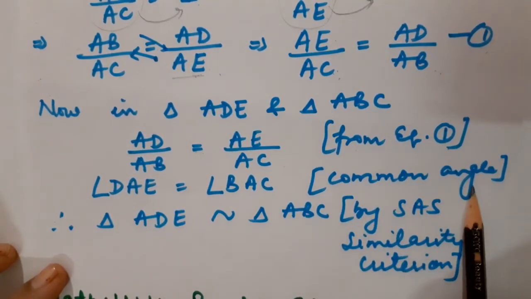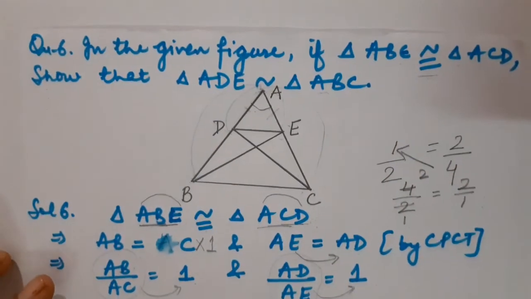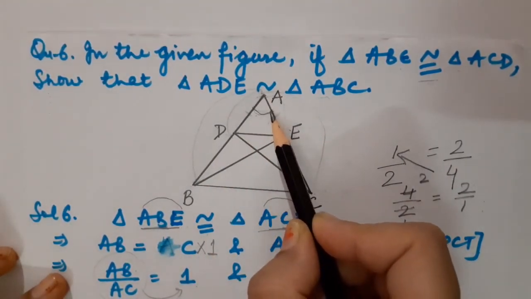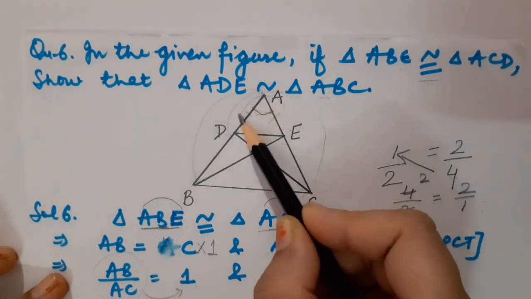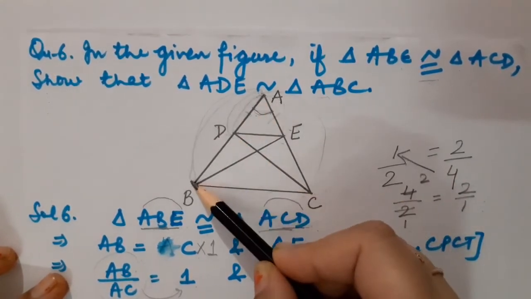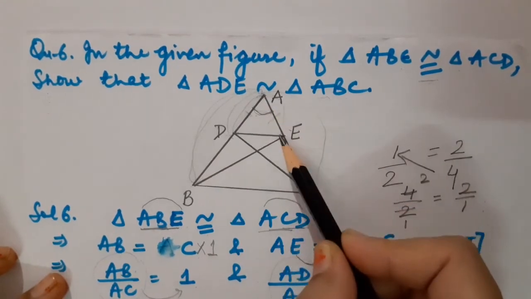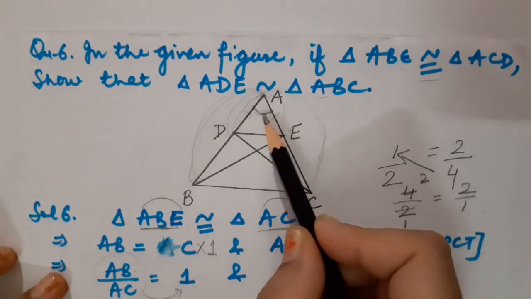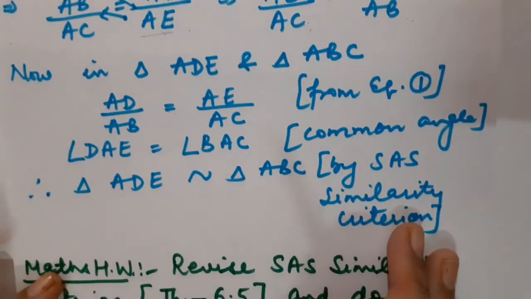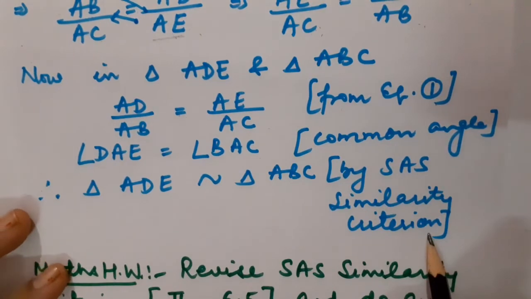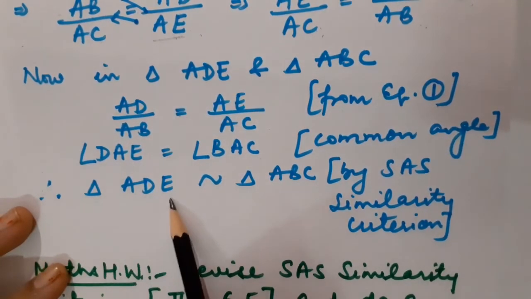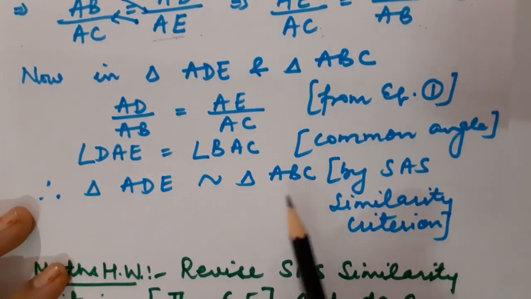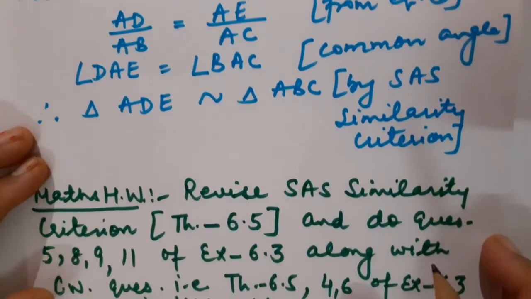Fine. So the same condition is written over here, that angle DAE is equal to angle BAC. This is the common angle. Now children, notice, whatever angle you have taken as common, is it really the included angle also or not? I took sides AD upon AB and here I took sides AE upon AC. So what is the included angle? Of course, angle A. So what can I say? That by SAS similarity criteria, triangle ADE is similar to triangle ABC. Got it, children?